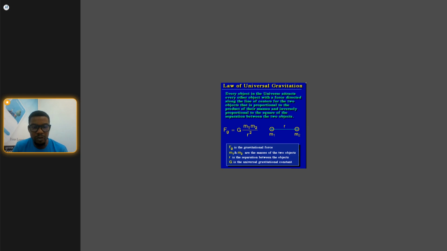Okay, so we are back to the law we're actually trying to interpret. So this is an object. This is an object. So assuming this M2 is the Earth, all right? And assuming this M1 is probably an orange on a tree. So there's a force bringing the orange towards the direction of the Earth. And that force is called the gravitational force. So Newton expressed that law to be mathematically expressed as